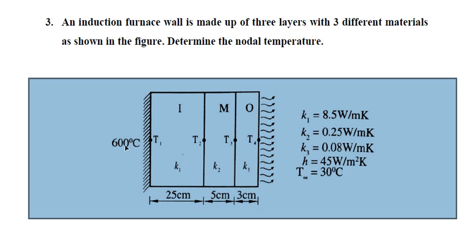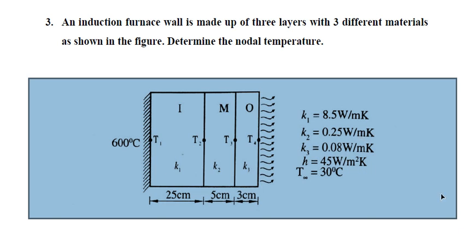Okay, T1 is 600 degrees centigrade. We have to find T2, T3, T4. This is given in centimeter. We have to convert it to meter because we have meter here. Be careful about the units. We have to maintain one unit. Though it is a numerical problem, we should convert into one unit and then solve. So convert degree centigrade into Kelvin because we have Kelvin here. Convert centimeters into meters because we have meters here.